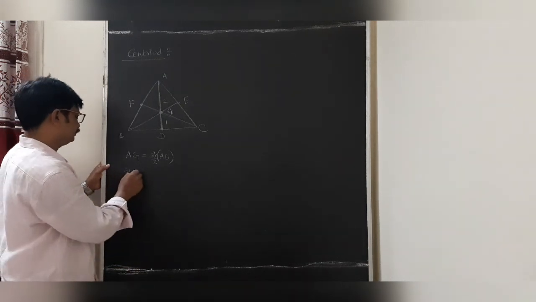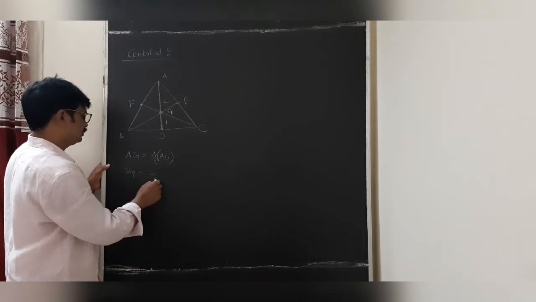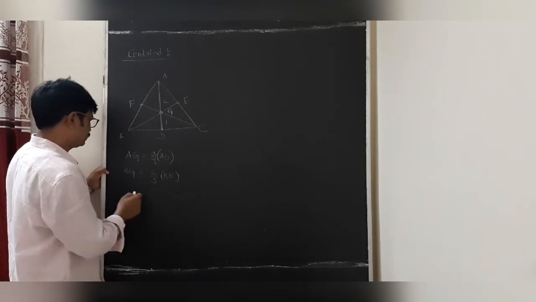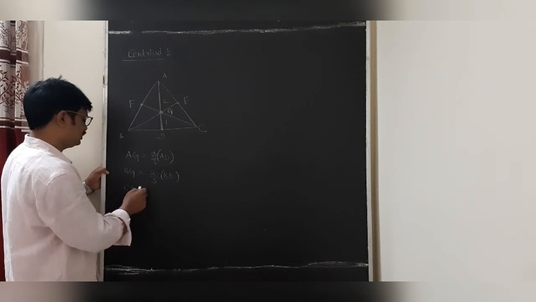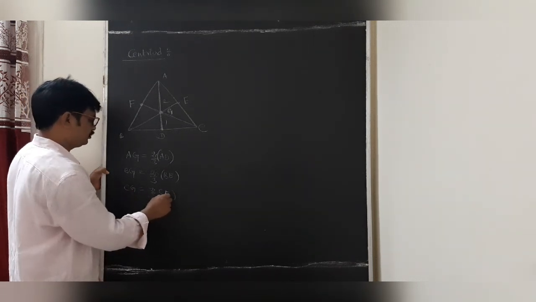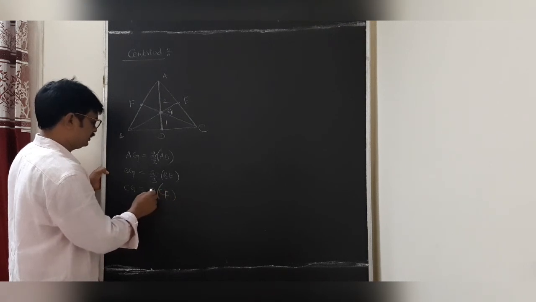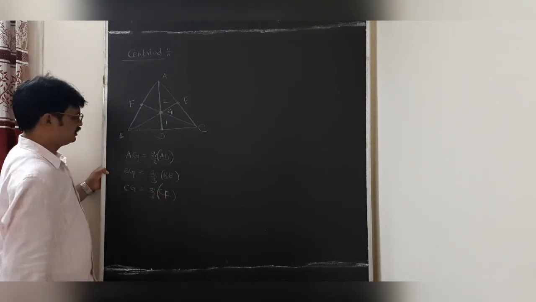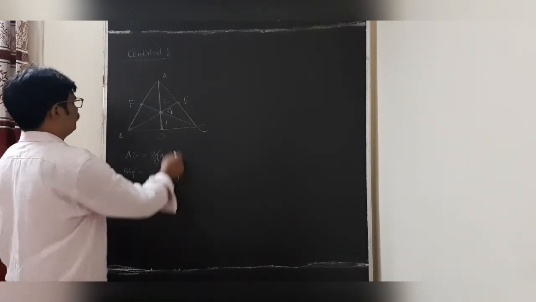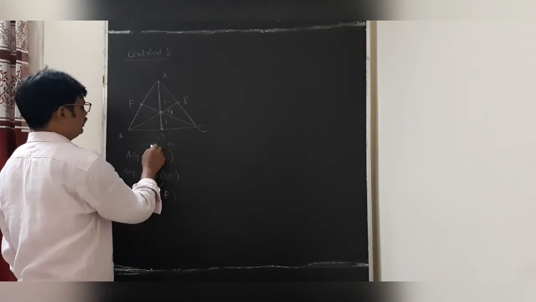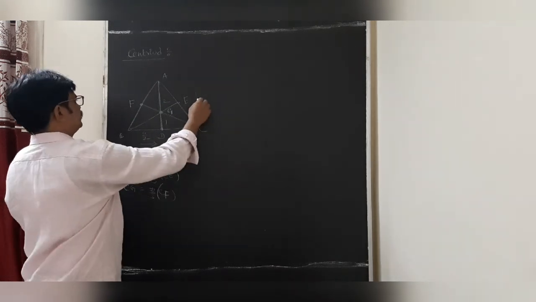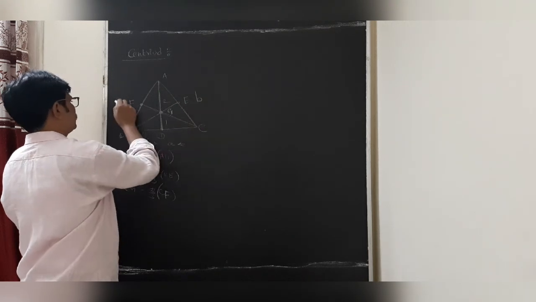Similarly, students, the BG is 2/3 of BE. After that, students, what is the CG? The CG is of length 2/3 CF. Is it clear, students? So, dear students, these are the lengths of AG, BG and CG. Now, students, how to find the length of AD? Dear students, this is the small a. Undoubtedly, this is a/2. This is the small b. Yes, this is the small c.